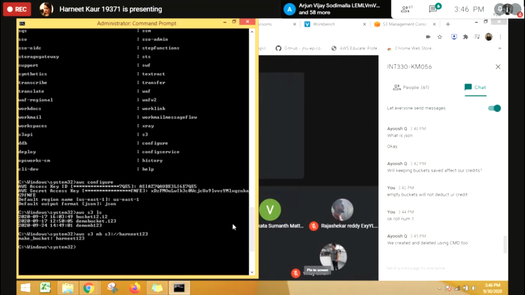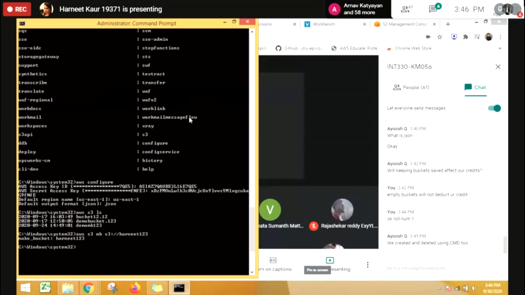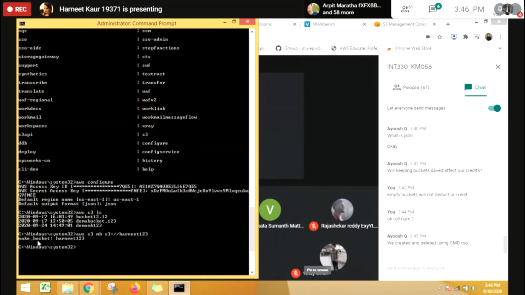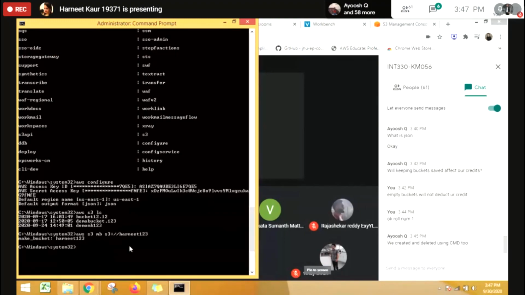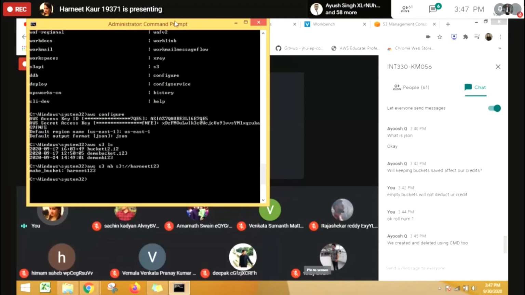So this is the very first command, how we can create a bucket. In order to create a bucket, we use the command mb, which stands for make bucket. The commands are very easy, that's why I am just typing it directly here, and I hope that you are also doing it together with me.